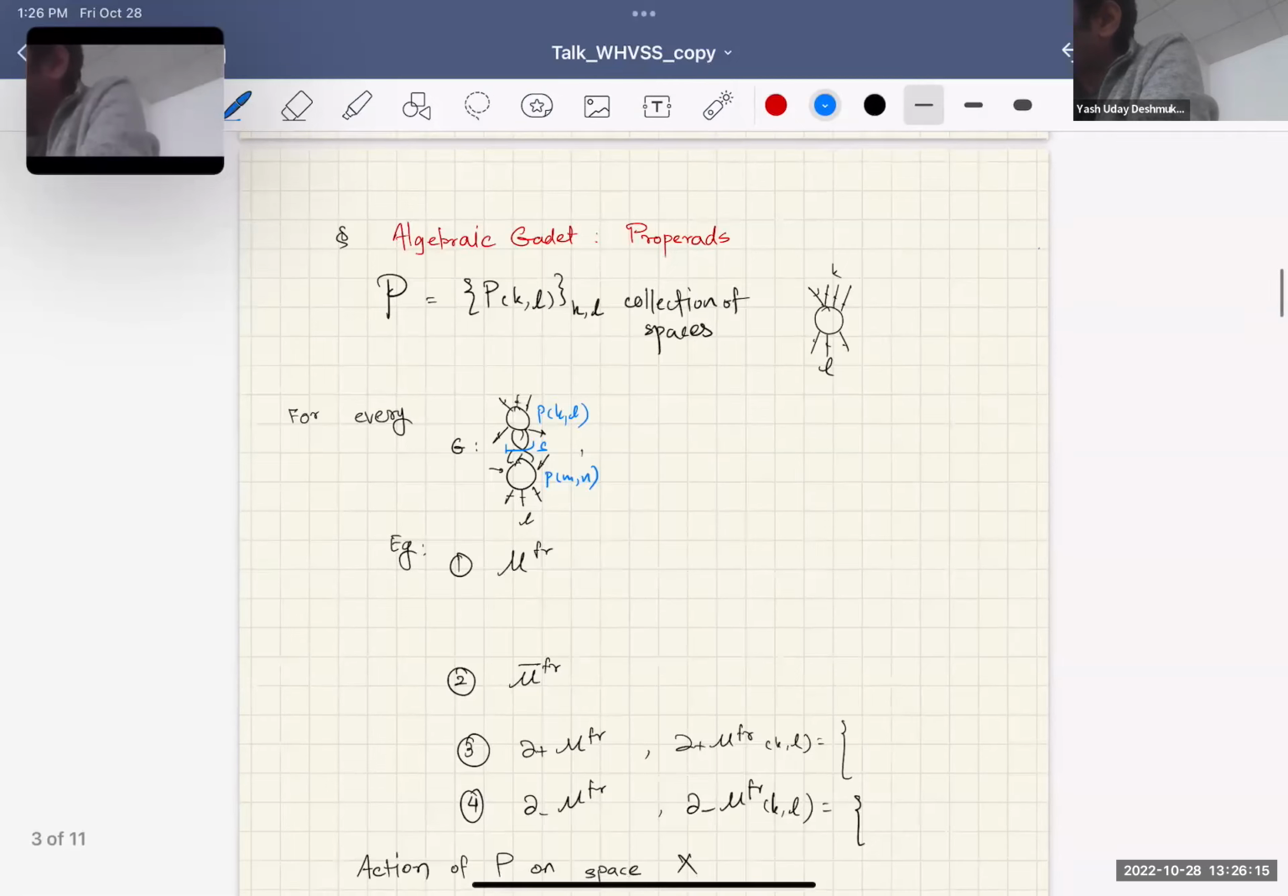So the data of a prop also includes composition. This composition is going to be indexed by G, which is just a way of gluing some outputs into inputs. So for every way of doing that, you have a composition from P(K,L) cross